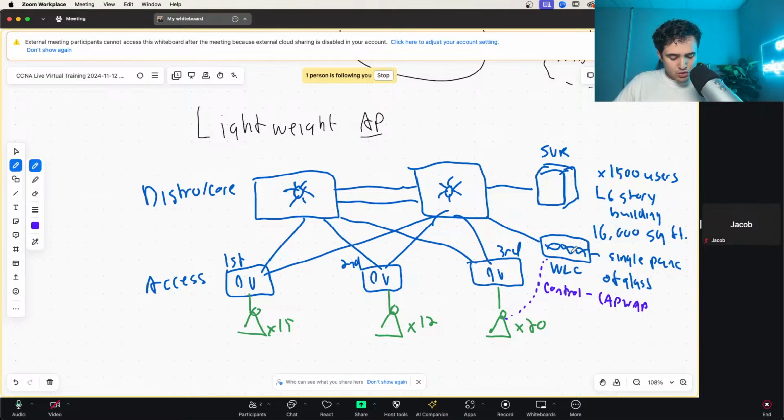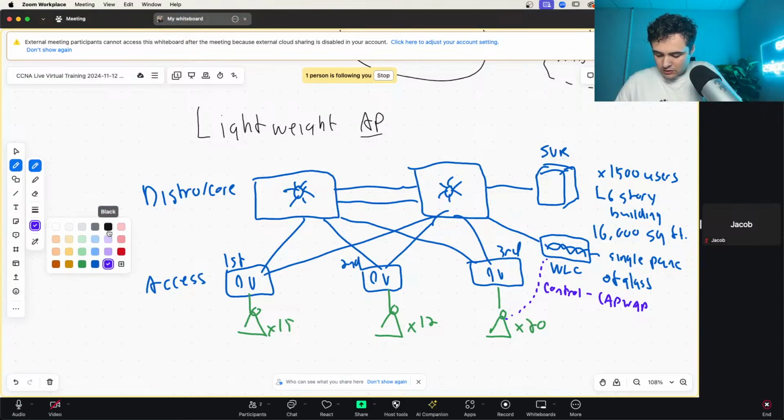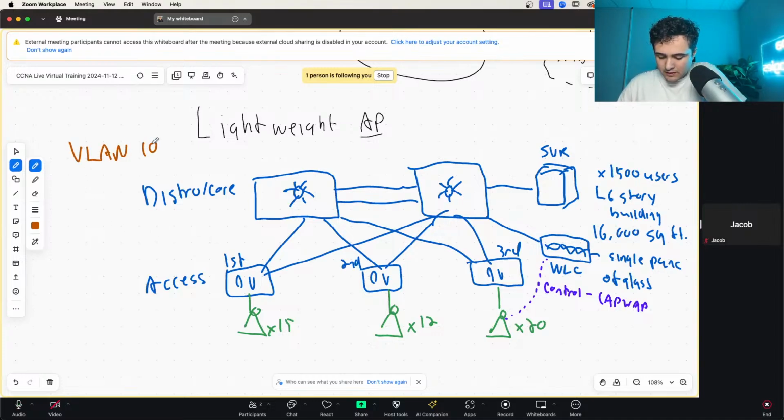Okay? That control tunnel is going to be what this wireless LAN controller does to manage that device. It is going to update, send profiles, add new wireless networks to that lightweight access point through the control CAPWAP tunnel. Now, this could be anything. Let's say we have VLAN 10, which is the 10.0.0.0/24 network. And we have VLAN 20, which is the